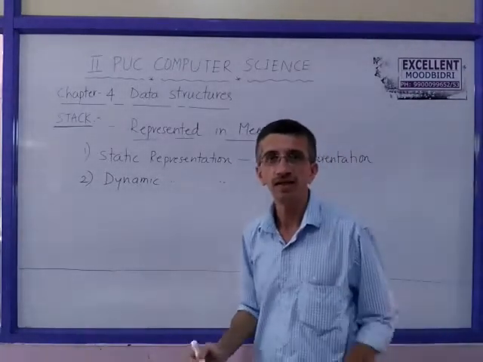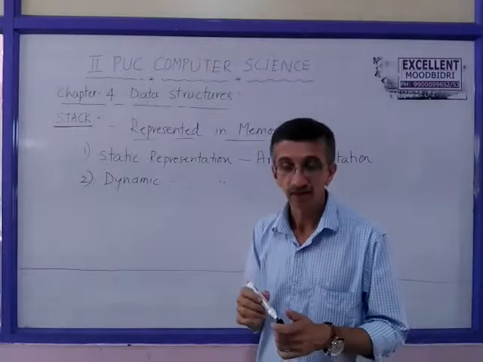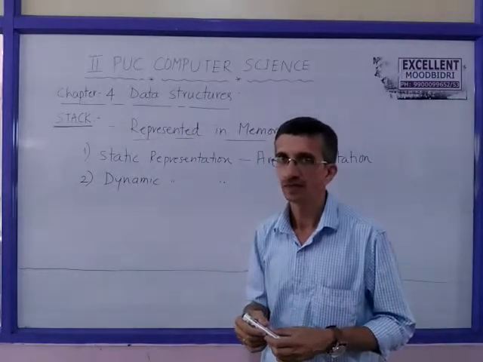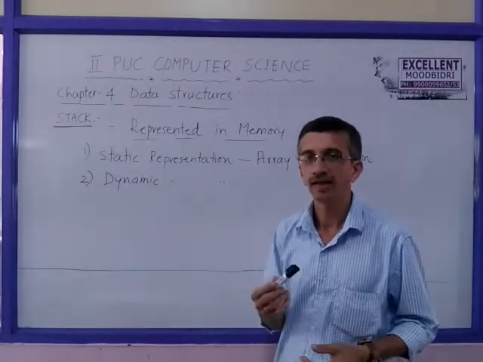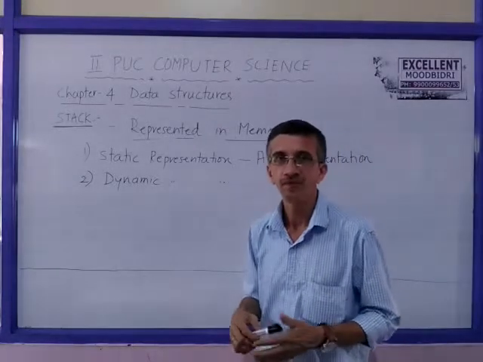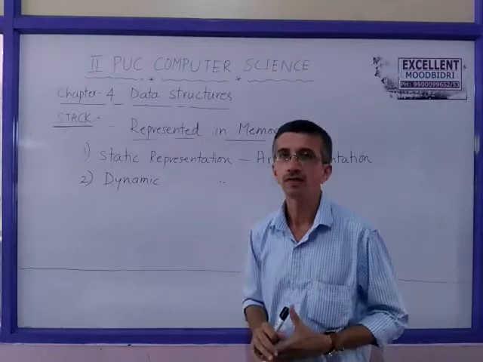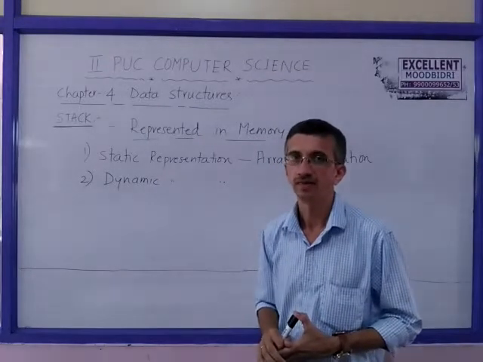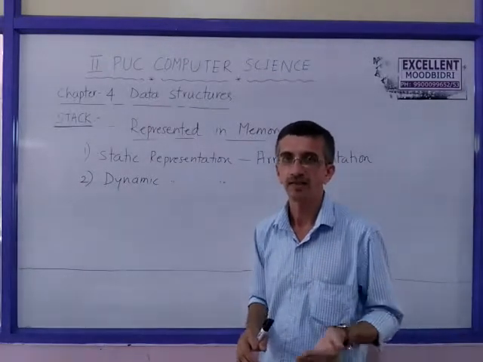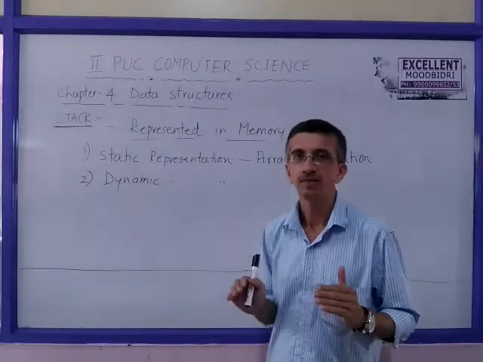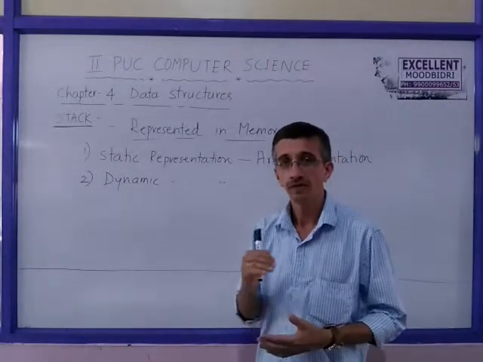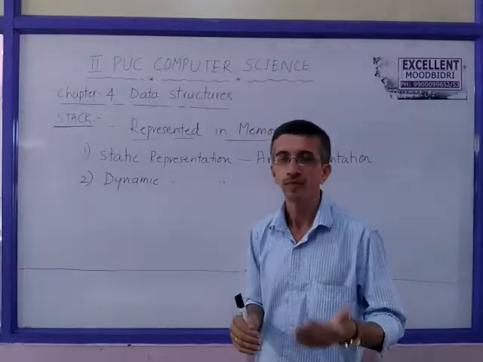You have seen an array is a static structure. The demerits of array you have seen. Merits also you have seen. Array is a static structure. What do you mean by this? It contains a fixed number of items. Once you fix the size of an array during its declaration, at compilation the size is fixed. Maybe suppose A of 25. Only 25 items at the maximum you can process with that array.